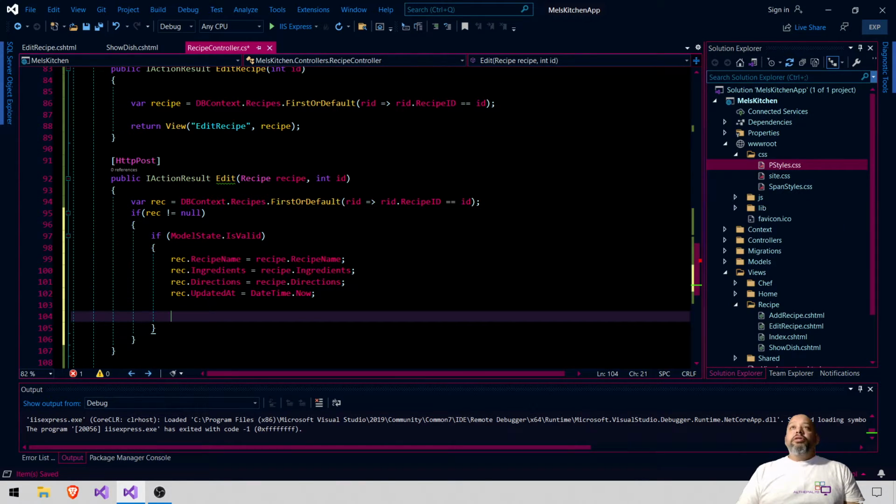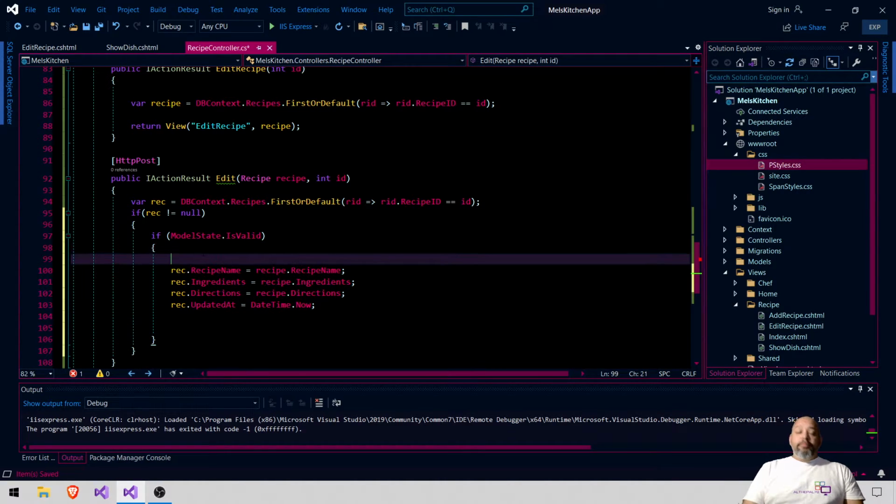Now a lot of people say, how come we can't just put rec gets recipe? Well, first of all, that's a good idea, but it's still looking for, I am this recipe, and this is the old information originally. This recipe is giving me the new information. It's only giving me three things that are new. So when it's trying to get recipe, it's not the whole thing. So it's confusing it, so we have to separate it. Maybe a mapper could do it, but I'm not using a mapper right now. It's called AutoMapper. So this is updating